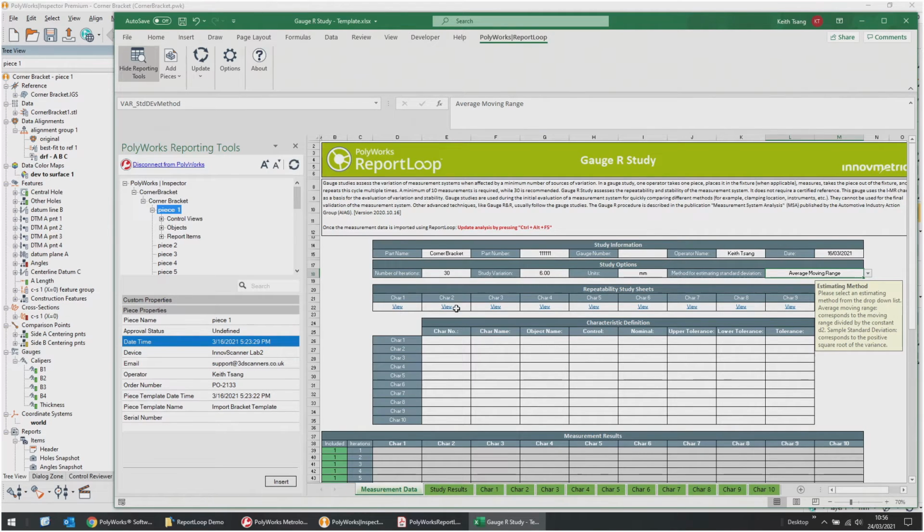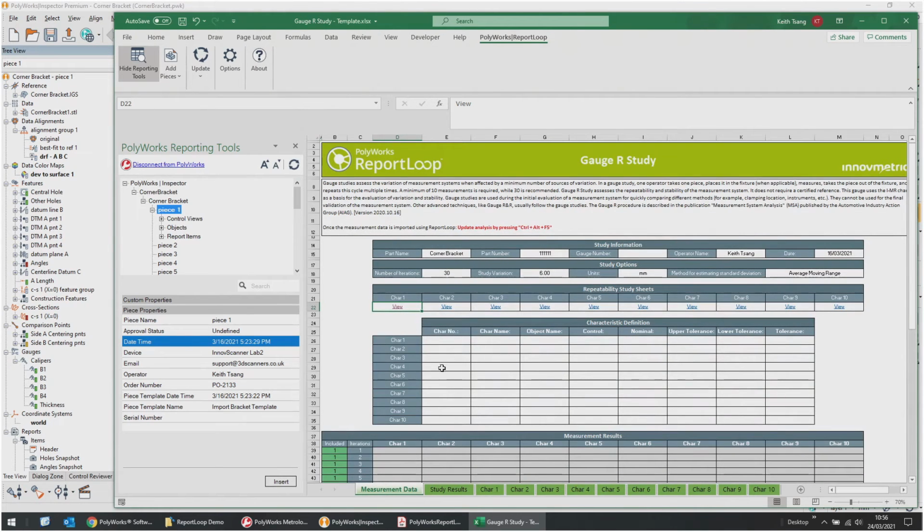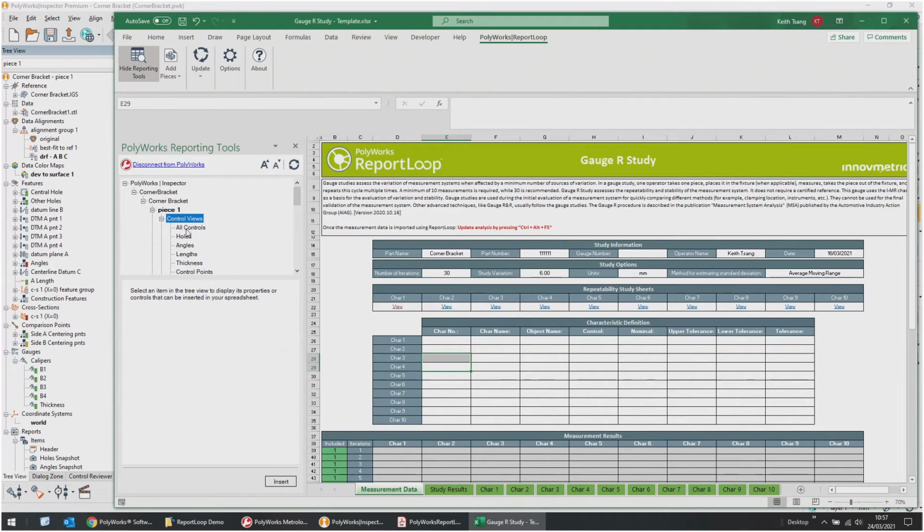We've got shortcuts to each of these spreadsheets. So if I click on this view button here for characteristic 1, it just jumps me to the characteristic 1 worksheet there. And then we have our characteristic definitions, our nominal information to do with our measurements. So currently this document only allows you to analyze 10 characteristics or 10 measurements. So if I go into my control views and look at all controls,